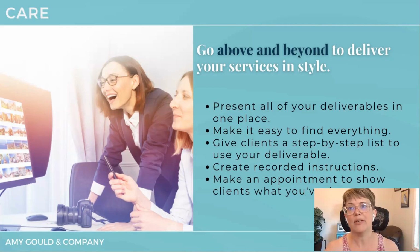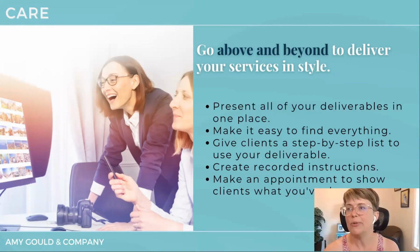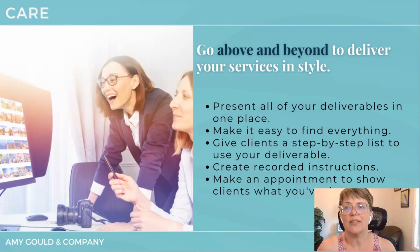If you're a social media manager, maybe you've got some assets, images, captions, those kinds of things. You can have links to those in the questionnaire, or a link to a gallery for a photographer, for instance. And basically, you want to make it easy for clients to find everything in one place. It could look like giving them a step-by-step list to use your deliverable, or what the next steps are in your process,